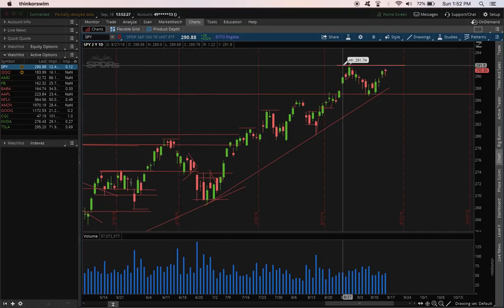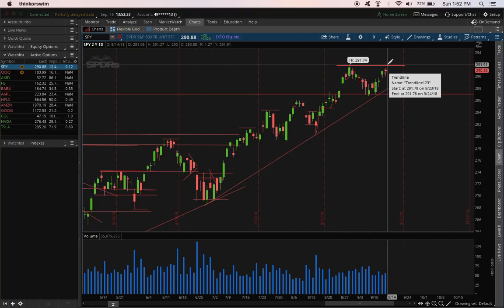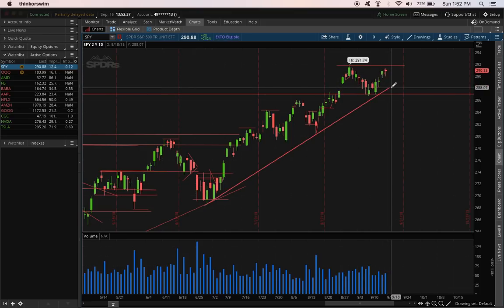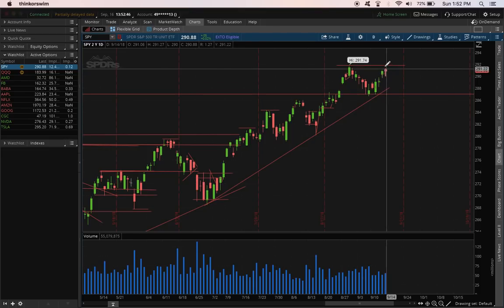So as you can see here, this is a resistance level, and as we're approaching it, we put in an indecision candle right here. So what does this mean? It means that we can most likely expect it to pull back down. Again, that may not happen, but just be aware that we did put in an indecision candle here near a key